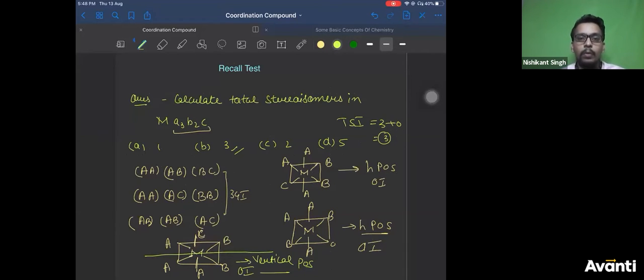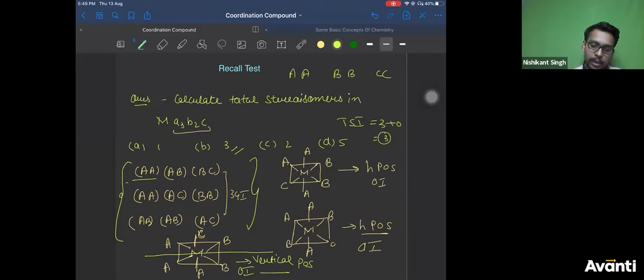Right? Now, I will tell you one important thing here. You can also answer it directly from here, but I will never suggest you to use it. But I will tell you that trick also. I guess Ravi Kiran is saying that same thing. If you get AA, BB, or CC anywhere, it will always be optically inactive. This is also optically inactive. So if you get any pair where AA, BB or CC is present, it is always going to have a plane of symmetry. It will be optically inactive.